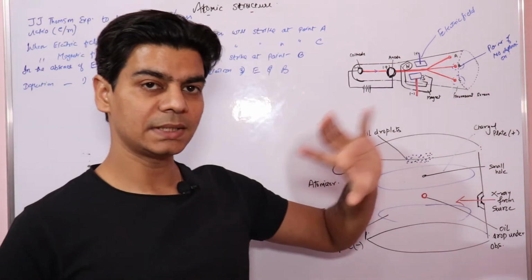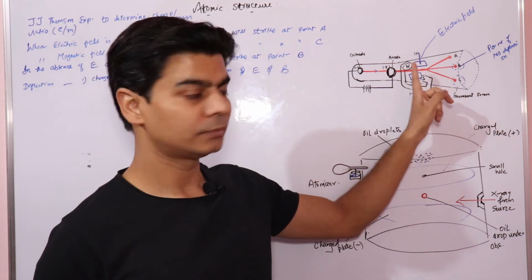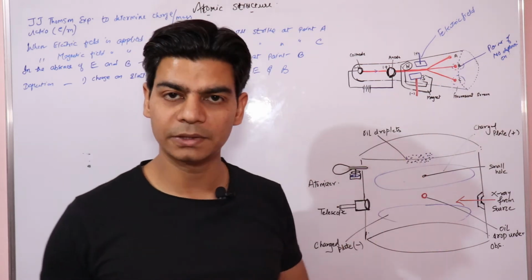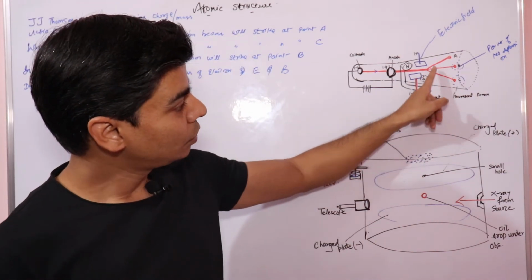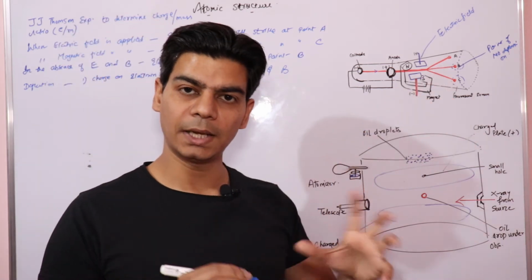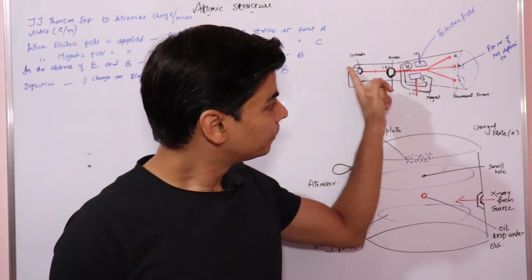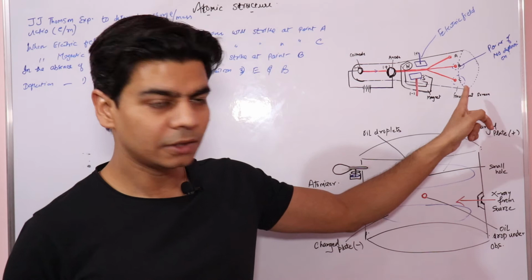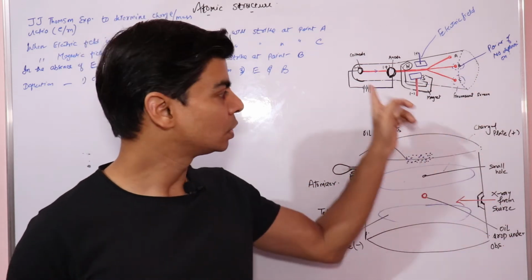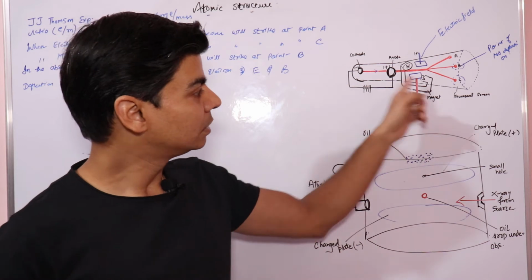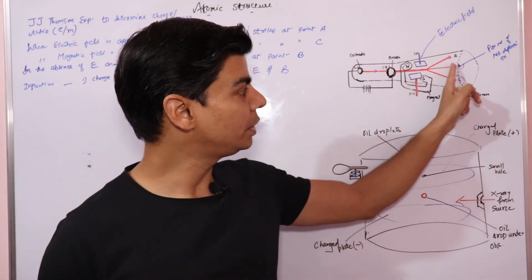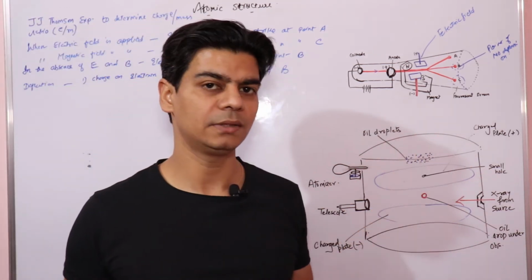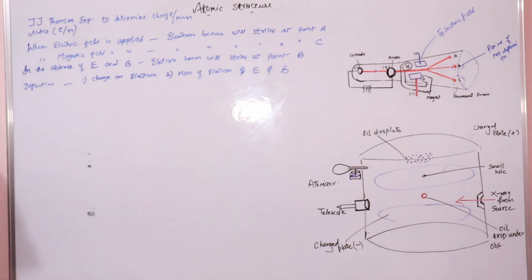And at point B, since I said that the magnetic field will deflect the beam of electrons in a direction equal and opposite to that of the electric field, when we apply equal and opposite electric and magnetic field, then this beam of electrons will strike at point B. When the electric and magnetic fields exert equal and opposite force on these negatively charged particles, then the beam of electrons would strike at point B, which is a point of no deflection, right? Using this concept, we will find the value of e upon m, right? Now let's see it quickly.